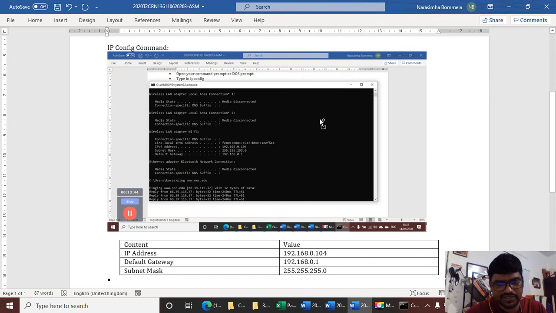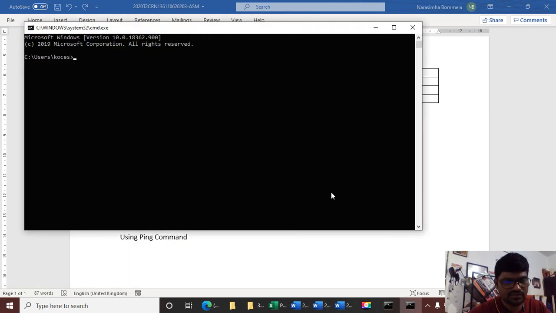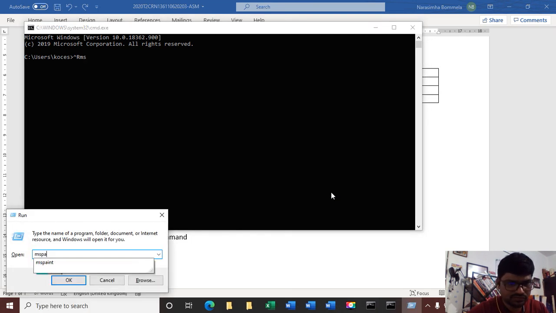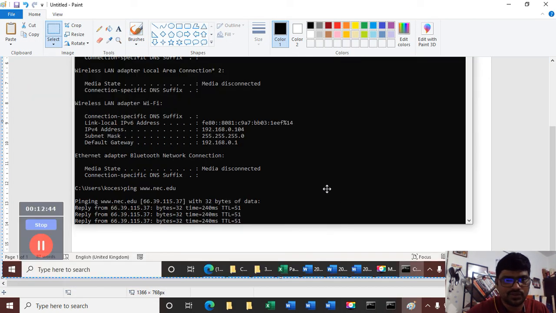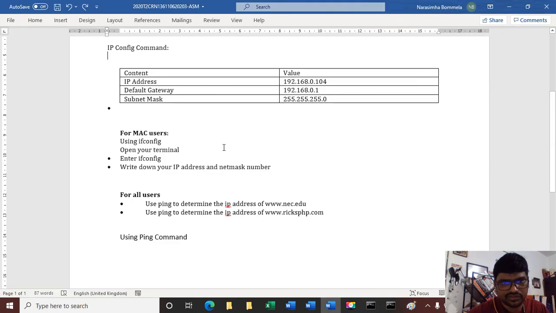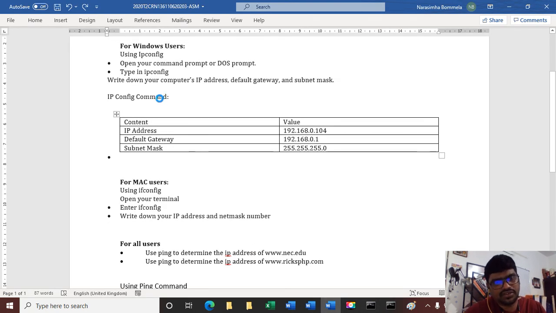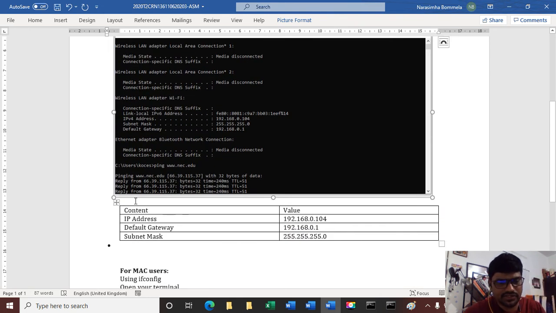It is better if you paste only the command prompt window. Under it, write the results: What is the IP address? What is the default gateway? What is the subnet mask?